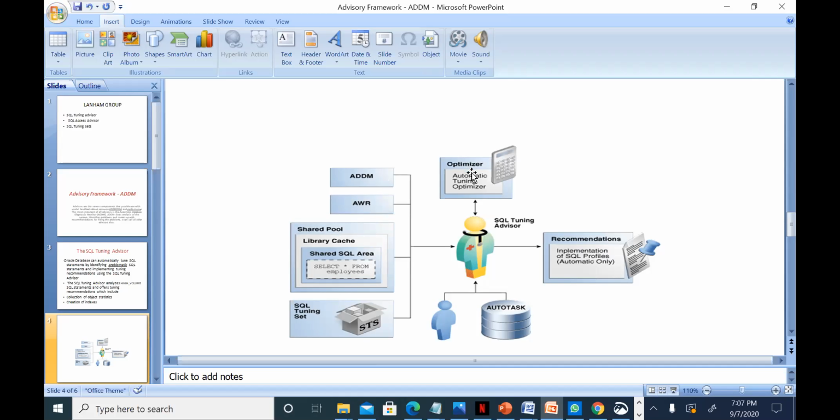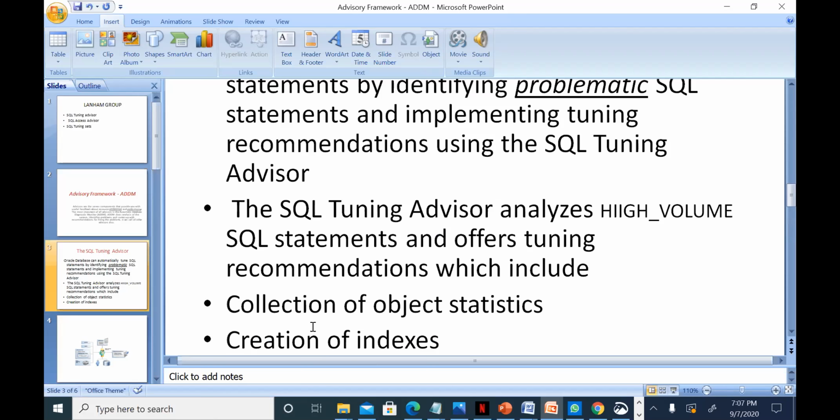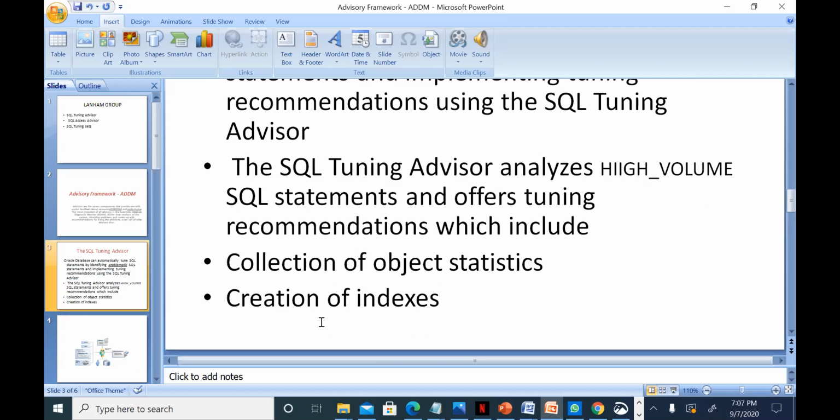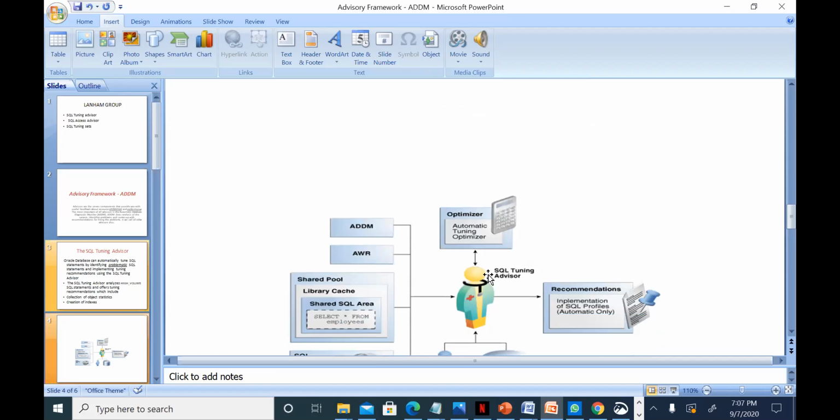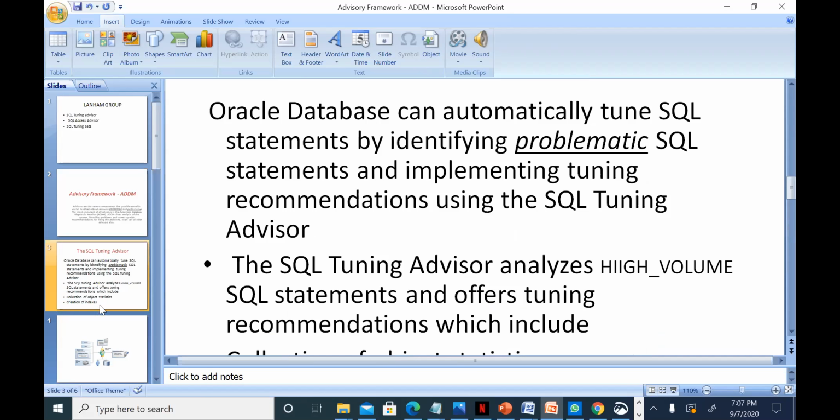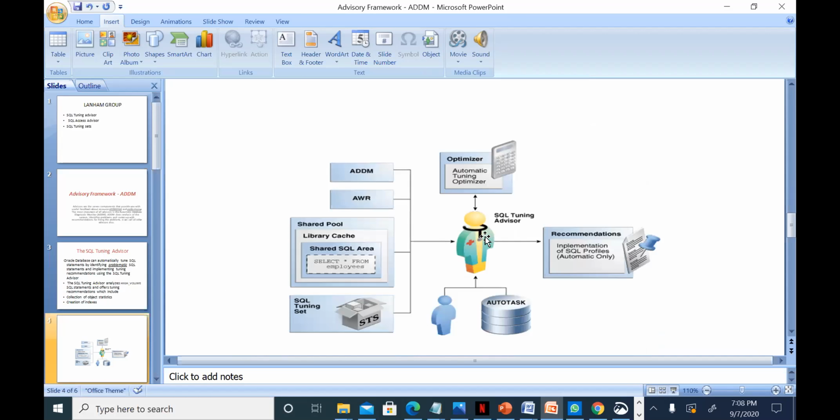then invokes the optimizer. This is the optimizer here. The optimizer is a tuning performance tool. So it will invoke the optimizer to tune the SQL statement and provide recommendations. The recommendations are like creation of indexes and collection of object statistics. So it basically provides recommendations like creating an index,